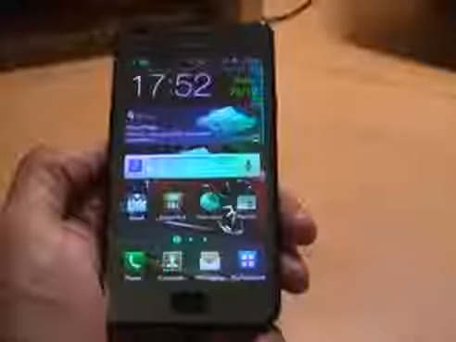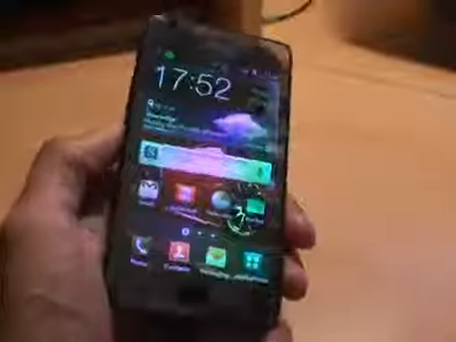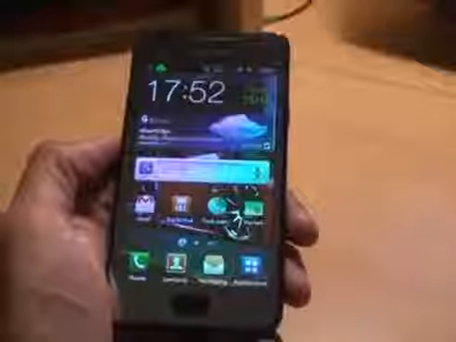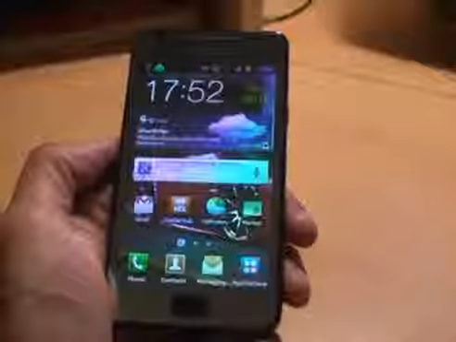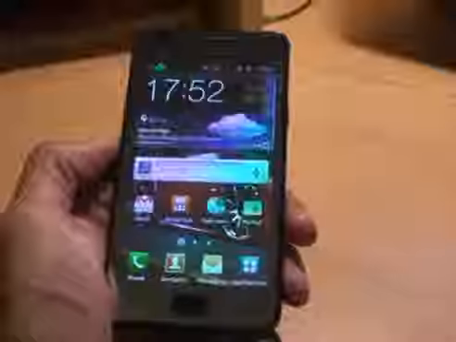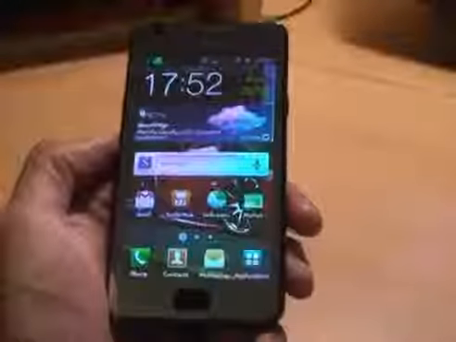Hey up YouTube, it's Amiga 4 again with the Samsung Galaxy S2 running Android Gingerbread 2.3.6, and what I'm going to be showing you in this video is how to give yourself root access to your device on this